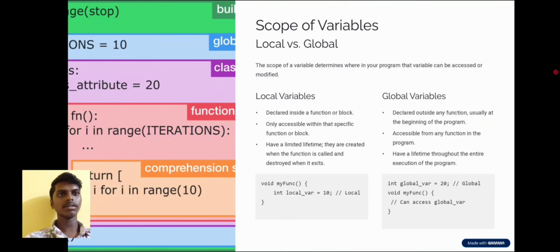Scope of variables. The scope of a variable determines where in your program that variable can be accessed or modified. The scope of variables are two types. One is local variables, another one is global variables. Local variable. It is declared inside a function or block. It is only accessible within the specific function or block. Have a limited lifetime. They are created when the function is called and destroyed when it exits. Example: void my_function() { int local_variable = 10; }